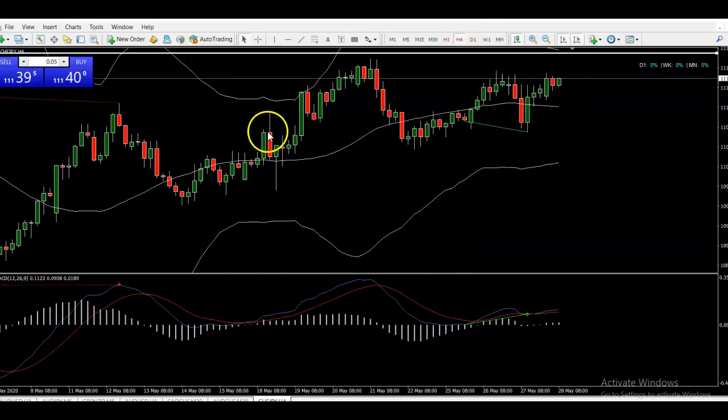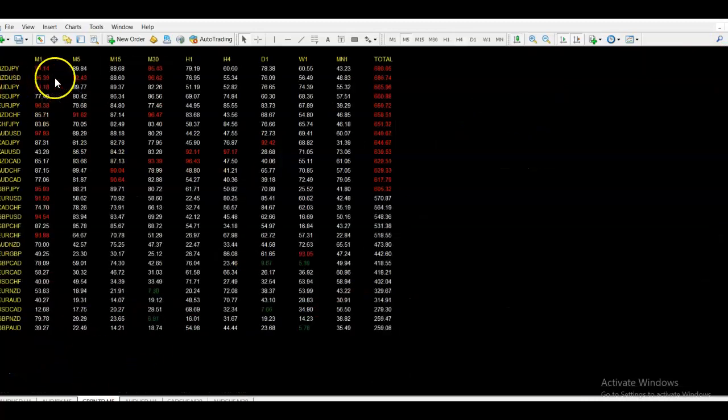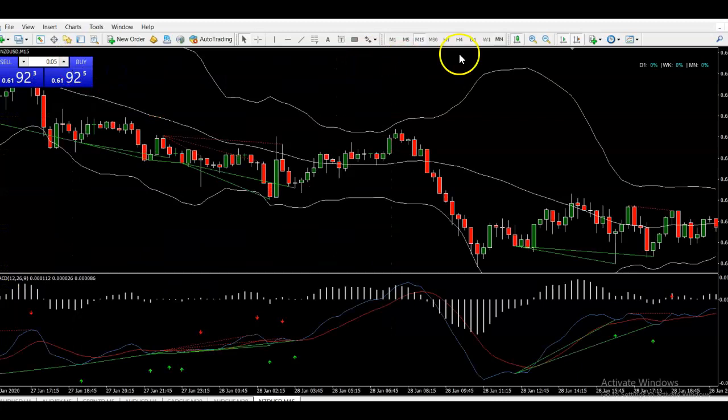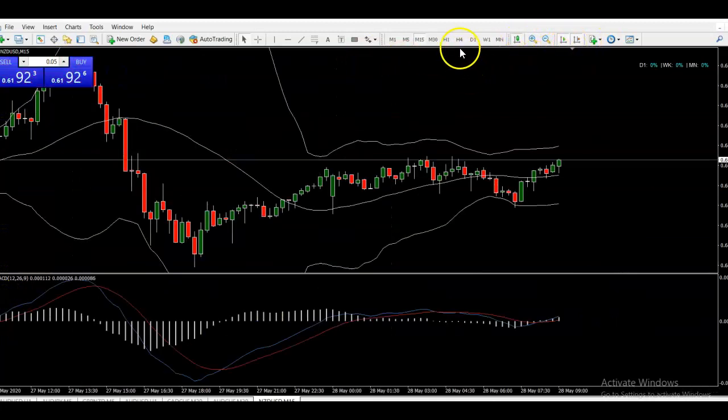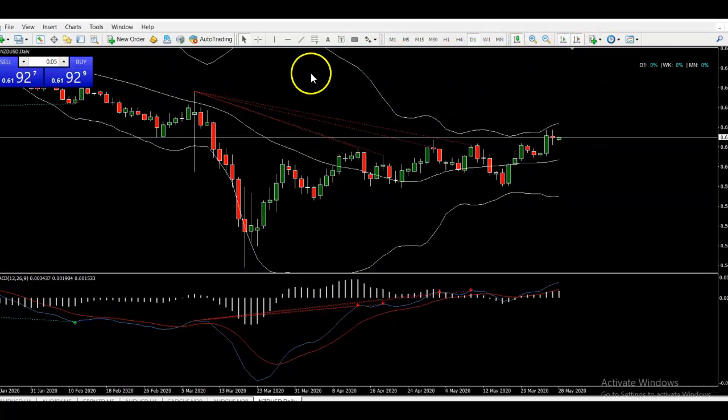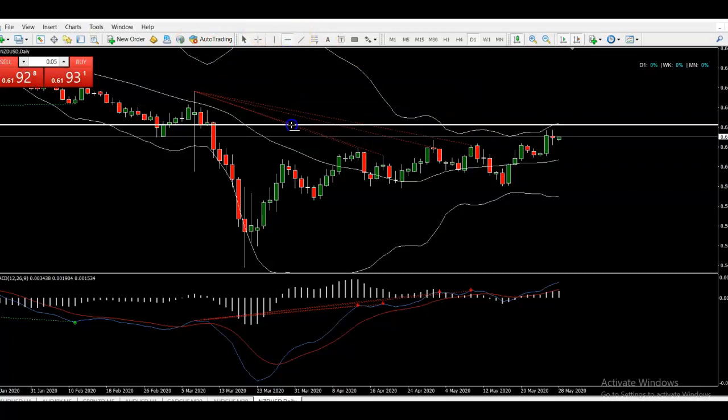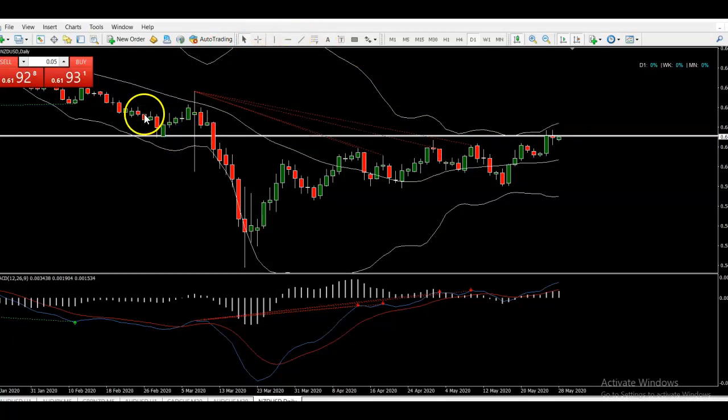Preferably, if price comes up around that area today, sorry, this is the Swiss franc. I don't know what happened there. Sometimes we're looking at the Kiwi USD. Sorry about that. So looking at the daily charts here,